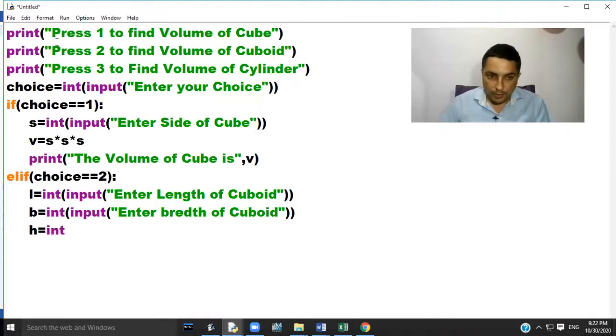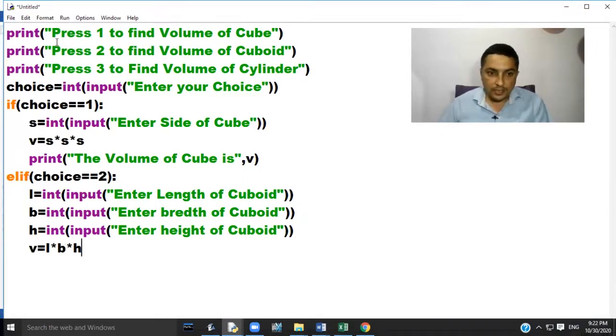H equal to int input, enter height of cuboid. V equal to L into B into H is the formula to calculate volume. Print the volume of cuboid is V.